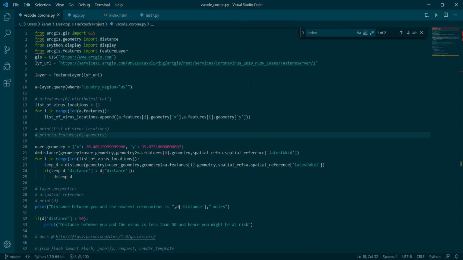Hi. So you would have previously seen the other really cool features of our app, called the prediction and analysis features. And now I would like to introduce you to our other feature that we thought of, which is the coronavirus detector. In this feature, we use the ArcGIS S3 API to get the information about all the coronavirus cases. In our case, we just gave it a country, US, and so we get all the cases